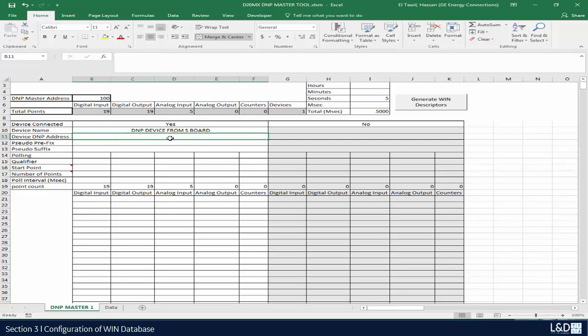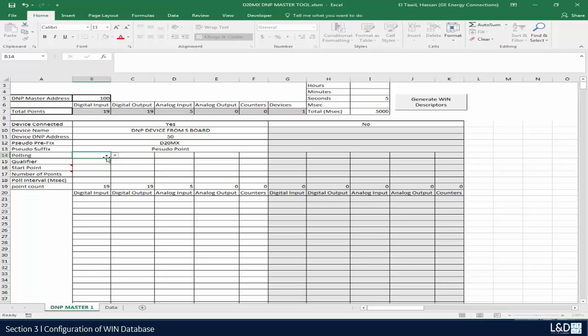Depending on the board type, if you have a C board, then you would say from C board. And then you put the DNP address, which is 50. You put a prefix, let's say D20